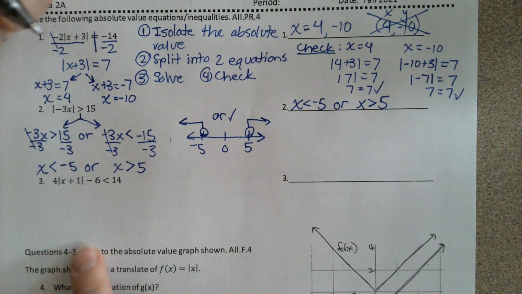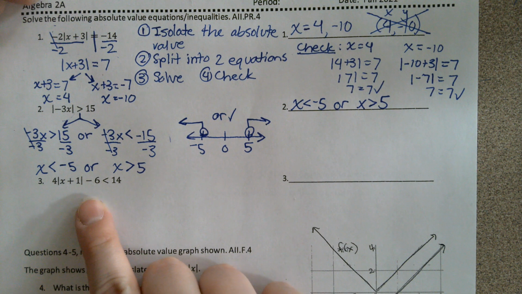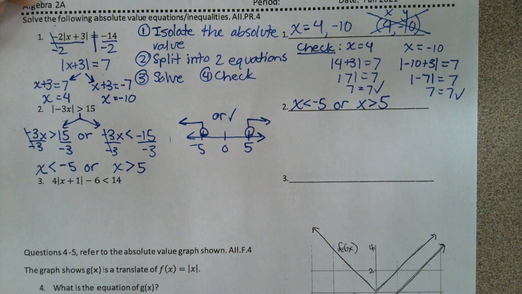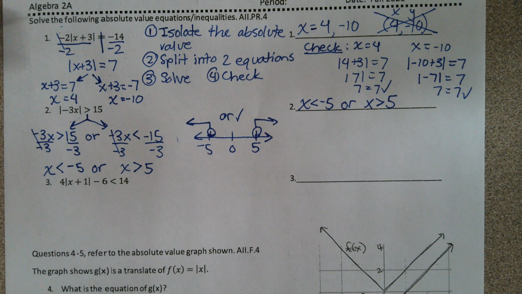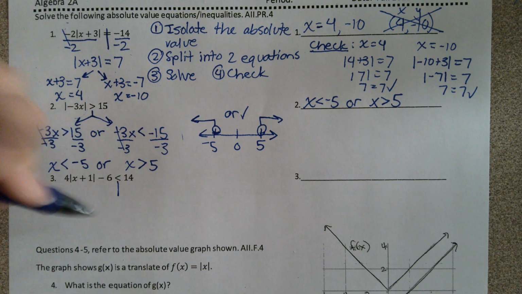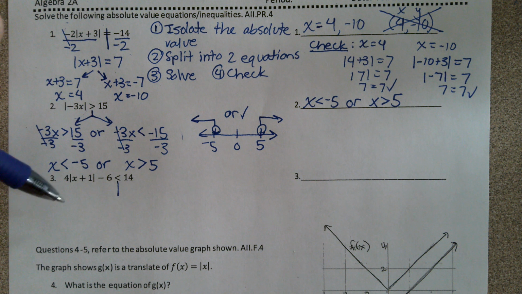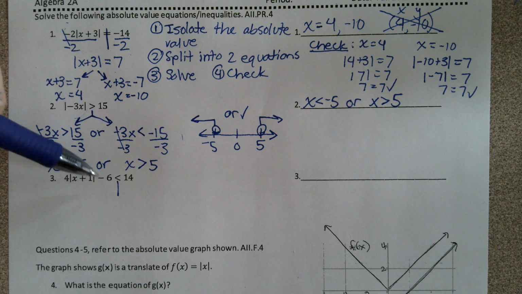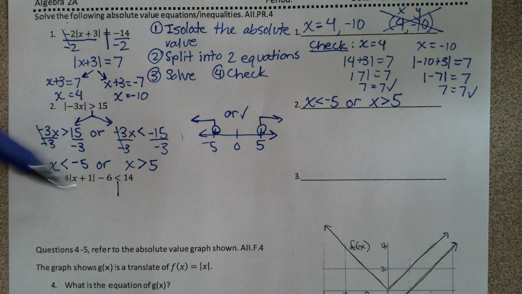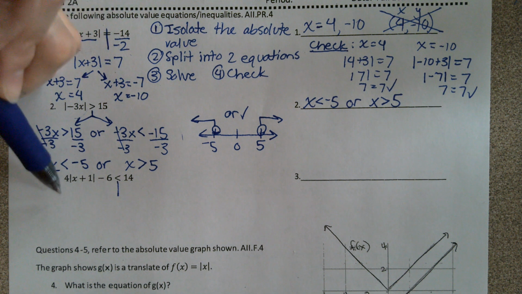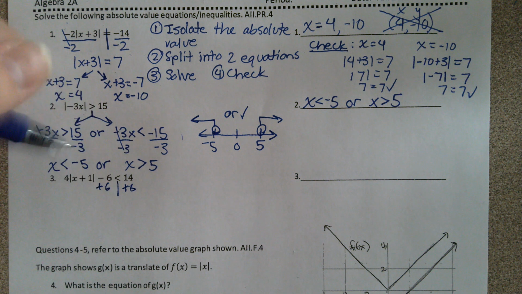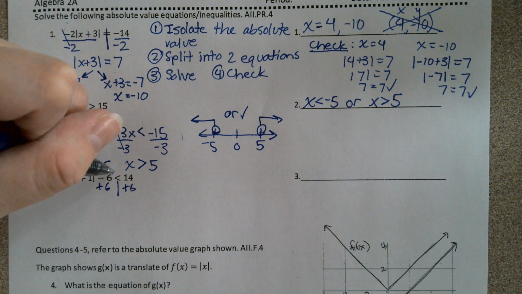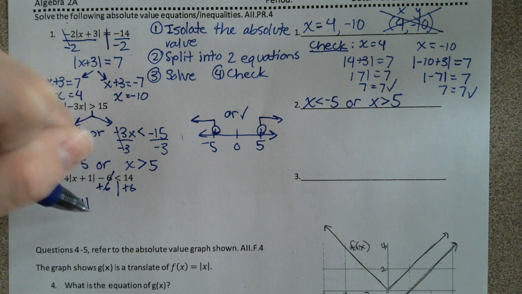Next problem. 4 times the absolute value of x plus 1 minus 6 is less than 14. The process is the same with just a few extra steps. So the first thing we need to do is isolate our absolute value. So if I draw the line kind of down, splitting it into two sides, you see that on the left side, I have the absolute value over here, but it's not quite by itself yet. So I need to remove the 4 and the -6. We want to add the 6 over first. Remember, we save multiplication and division last, if we can. So that leaves 4 times the absolute value of x plus 1